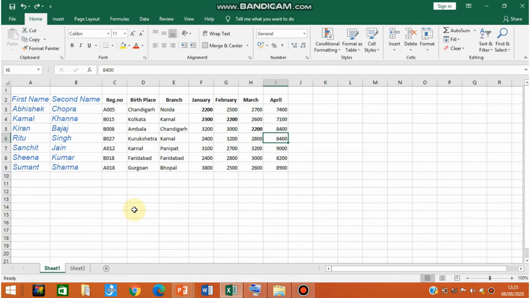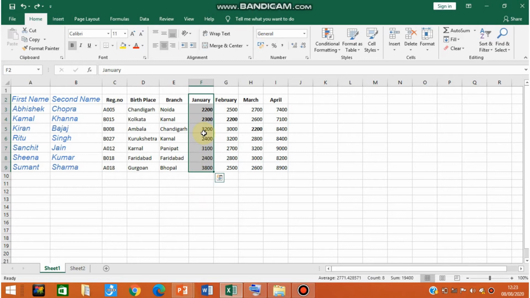Now we are going to see how to use formatting numbers, date and time in the MS Excel worksheet. Okay. Suppose I am selecting this column of January. I want to format or change the font of these numbers. Okay, now when we use formatting numbers, date and time, the first step is to select the column or cells in which you have entered the numbers.